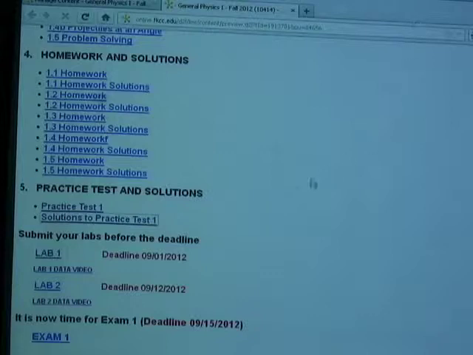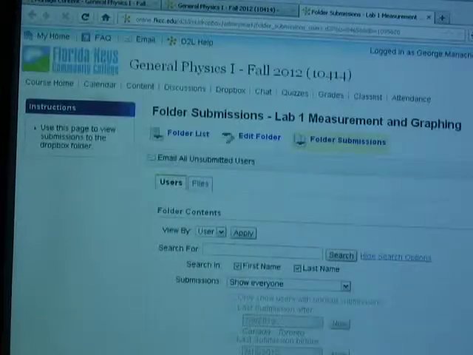You can close there. And now, each module you have to submit 1 or 2 labs. Some modules have no labs, some have 2 labs. You have a total of 5 labs that you need to submit. Now, for each lab you have a lab manual and also a lab data video. Now, what I would like you to do is first click on lab 1, and that will take you to